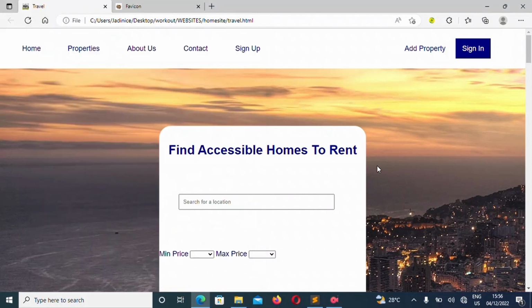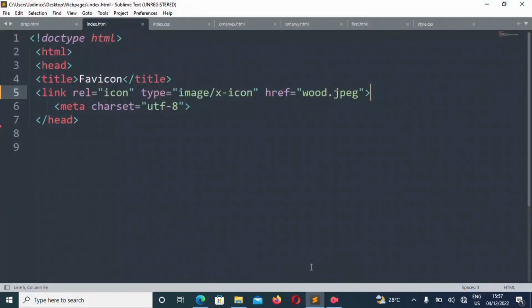And remember, the source code we used to create our favicon is link rel icon, type image slash x-icon, href referring to the image and the type. The name of my image is wood.